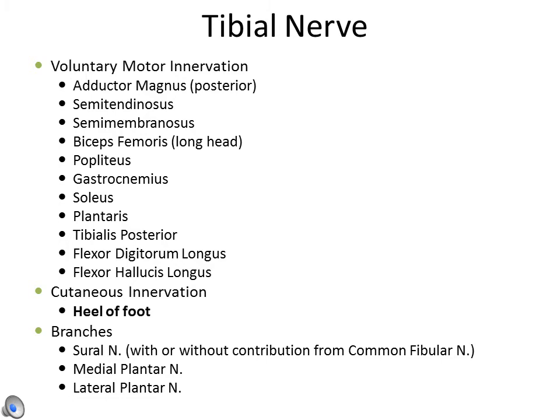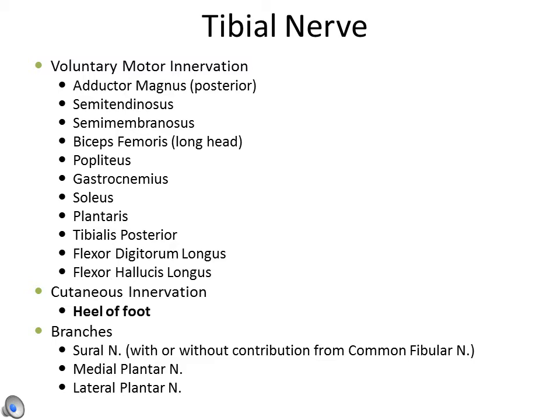Pause the lecture to draw in the cutaneous innervation of the posterior femoral cutaneous nerve. How does your drawing compare? The tibial nerve is an anterior division nerve of the lumbosacral plexus with contribution from L4 through S3. The tibial nerve has both voluntary motor and cutaneous innervation. The voluntary motor fibers innervate the following muscles: the posterior portion of the adductor magnus,